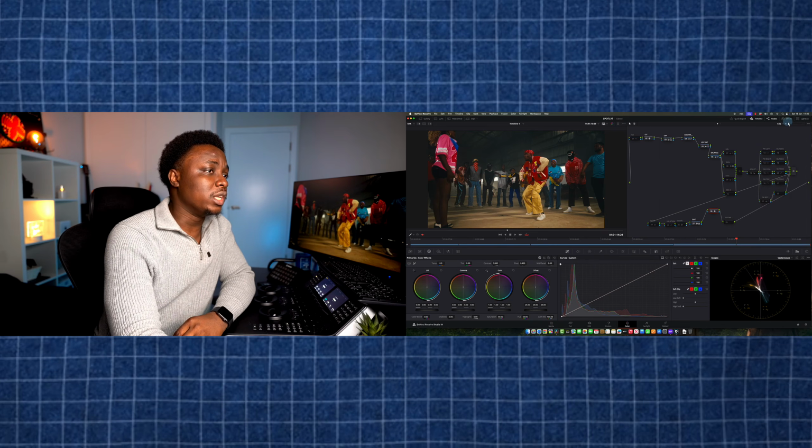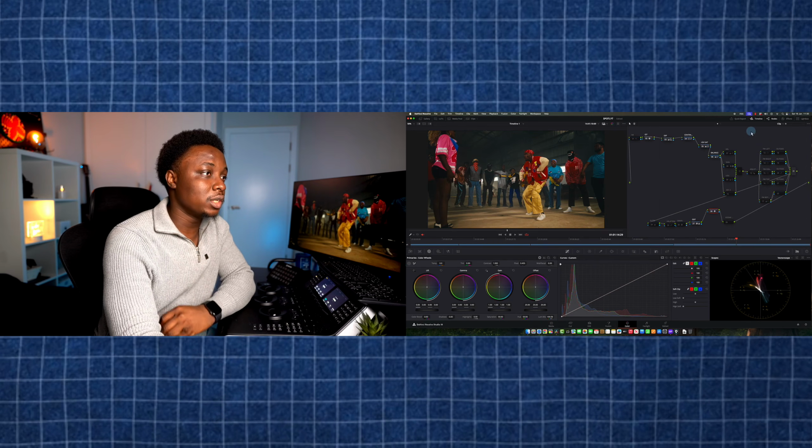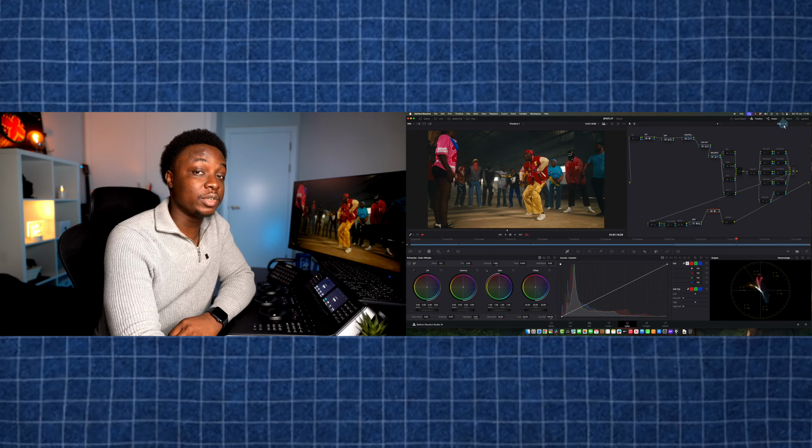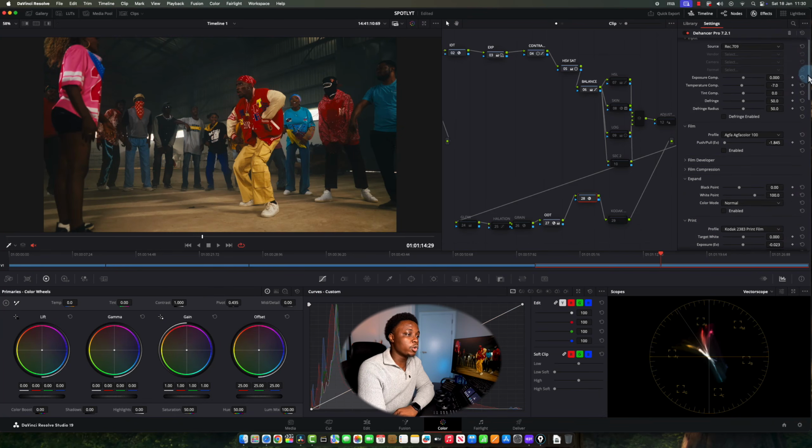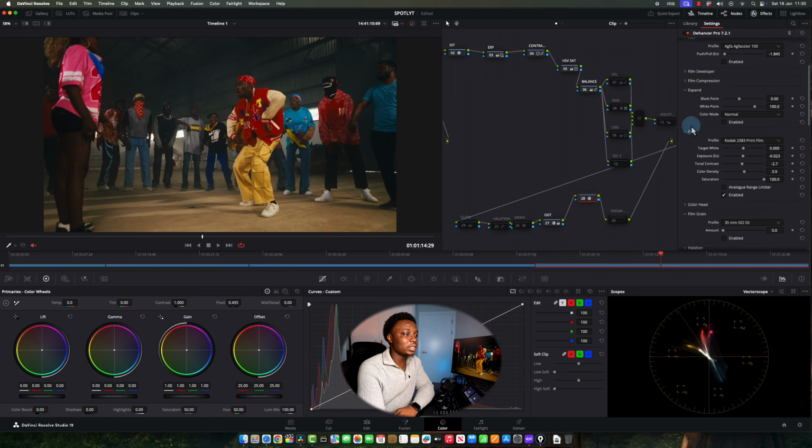And one of the things I used here, just one thing, and this is why I said people like to slap Dehancer on stuff. I don't do that. So I just used the film emulation, which is the Kodak 2383. That's what I used. That's the only thing I used. If I remove it, you can see. If I remove it and I disable